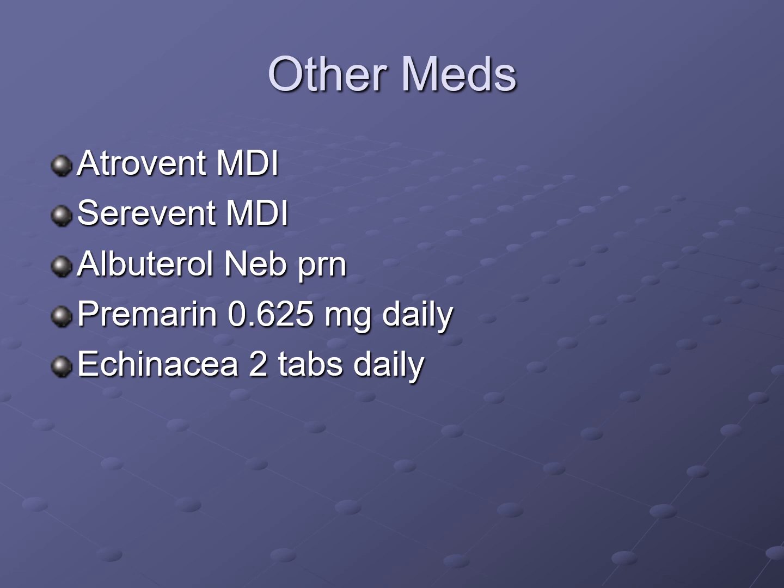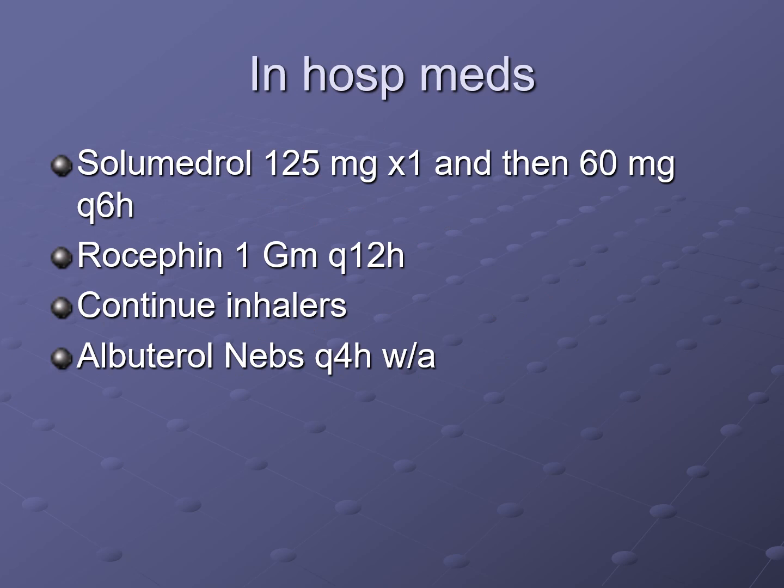So she is on the steroid. She's also on this LAMA. She's on this LABA. She gets albuterol nebs in between. She's on daily Premarin. We noted the hormonal issues for asthma, but she's going to be on a stable dose, so it's unlikely that that'll affect it. And echinacea is a herbal medicine, which probably should not have major implications. If you find any major implications, please post on the discussion board so I can learn something.